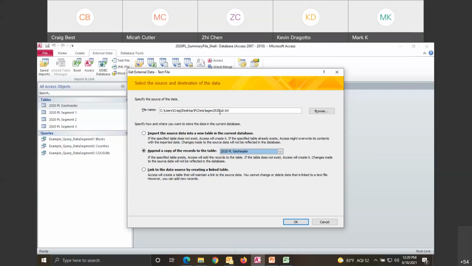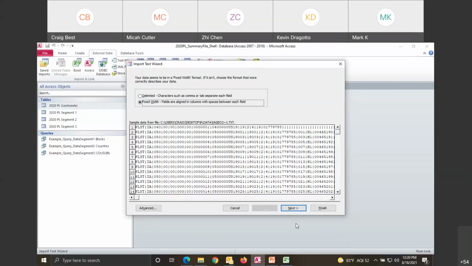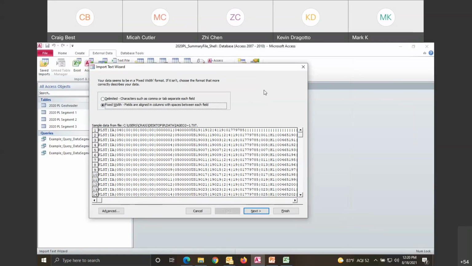And the problem is with some of this data, since it's all numbers, you might have difficulty figuring out that you've actually done that. One thing I want to tell everybody, I am not a Microsoft Access expert at all. I've learned enough to do enough for this demonstration. There may be easier ways for you to do it. If you know that, I implore you to use it, but I don't, so I'm going to walk through this process. And this, again, is the same process demonstrated on the video and in that how-to shell guide.